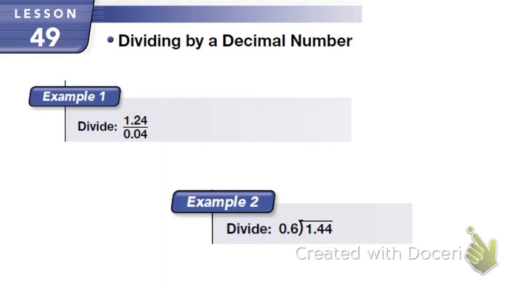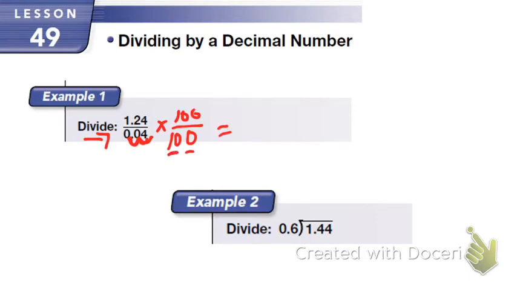Okay, so for example 1, we have 1 and 24 hundredths divided by 4 hundredths. Again, we want to get our divisor as a whole number. So to get from 0.04 to just 4, we have to move our decimal place 2 times. So that means we're multiplying by 100 over 100. Since we're moving it 2 places, we have to have 2 zeros, so that's why it's 100 and not like